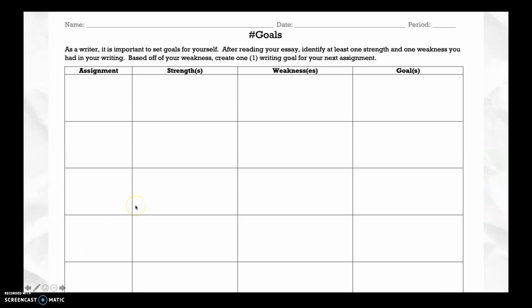So this is actually a copy of what I would give the students to put into their writing folder my first year of teaching. Between year 1 and 2, the student would write down the assignment, they'd analyze their strengths, their weaknesses, and they'd create goals. I would then look in their writing folder, I'd write something back, and that was really all the conferencing that we did. Looking back on it now, it wasn't horrible, but it was not the best practice, obviously.